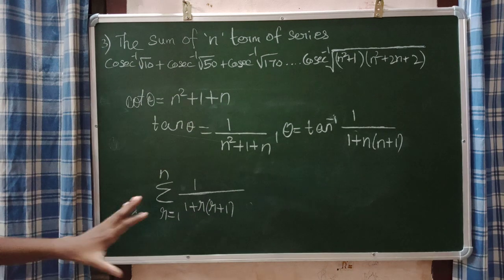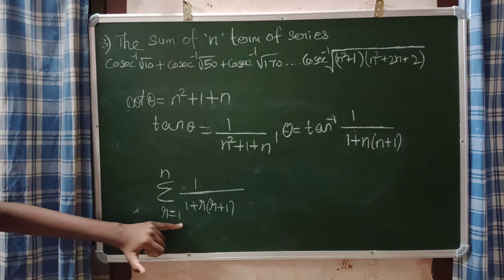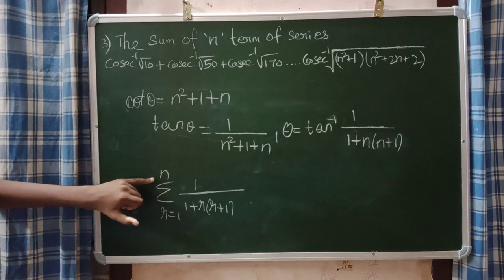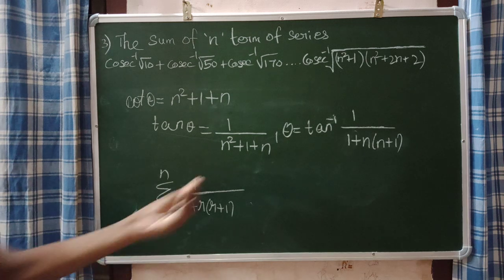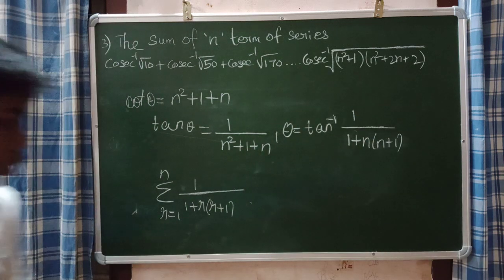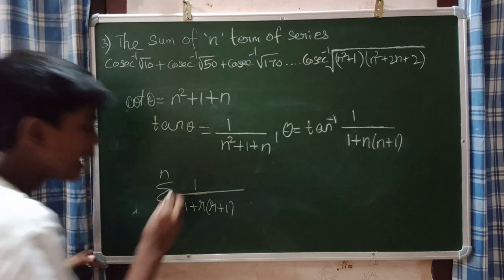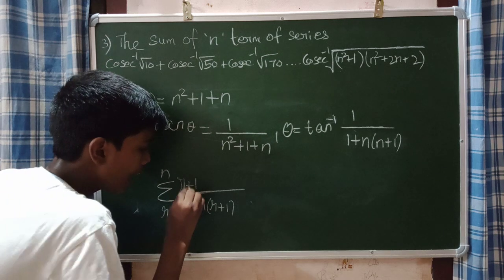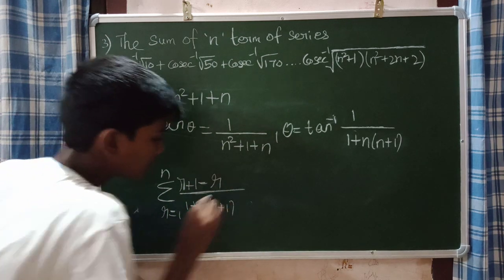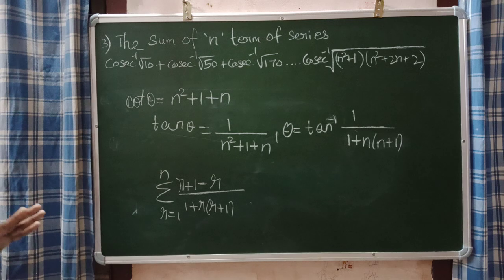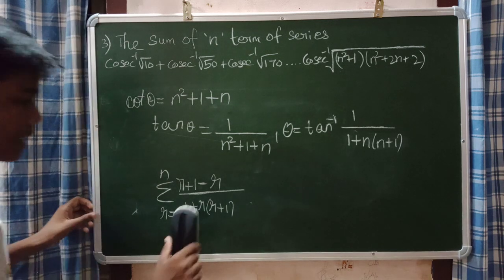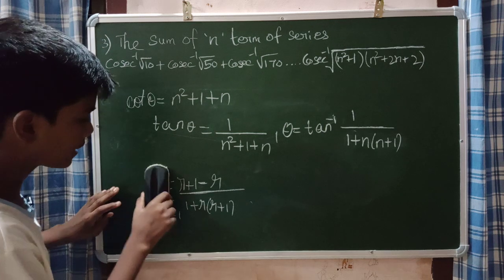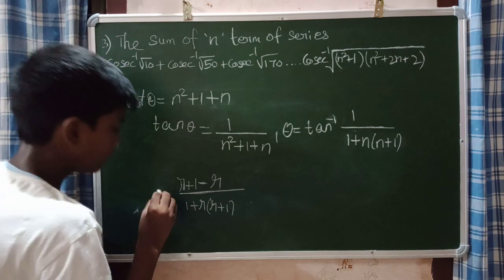Now guys, what I'm doing is, I took r is equal to 1 now in the summation. So up to n number of elements means I can write it as 1 divided by 1 plus r into r plus 1. Just I'm interchanging n as r. So at the numerator, I'm going to add r and subtract r. Why I'm doing this? One minute, we forgot to put the tan inverse.